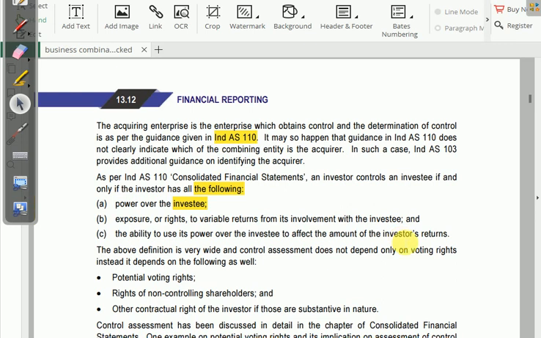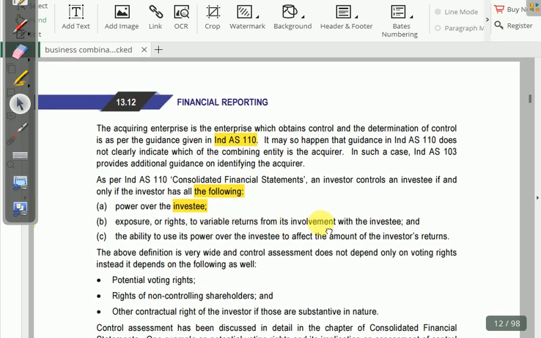आप कोई कंपनी को खरीद रहे हो और उस कंपनी के 70%, 60% शेयर खरीदने के बाद उस कंपनी में इन्वॉल्व हो जाते हो। इन्वॉल्व होने के बाद आपको उस कंपनी का जो प्रॉफिट आता है वो प्रॉफिट कम भी हो सकता है और ज़्यादा भी हो सकता है, उसको कहते हैं variable return from the involvement with the investee।